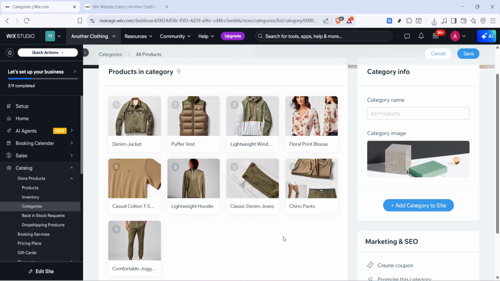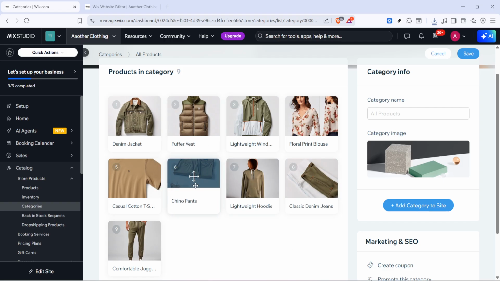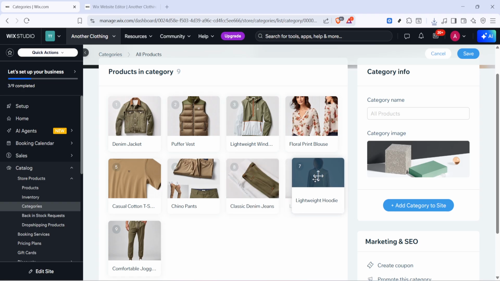yet. Now, let's rearrange. Hover over a product in the list, click and hold to grab it, then drag it up or down. As you move it, you'll see a marker showing where it will land. Drop it into place and continue until your priority items are at the top and everything else is in the